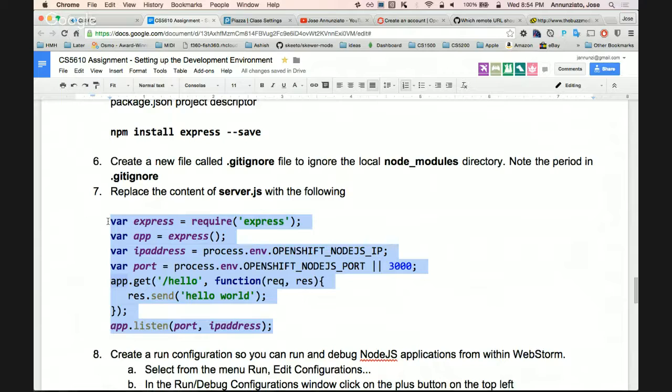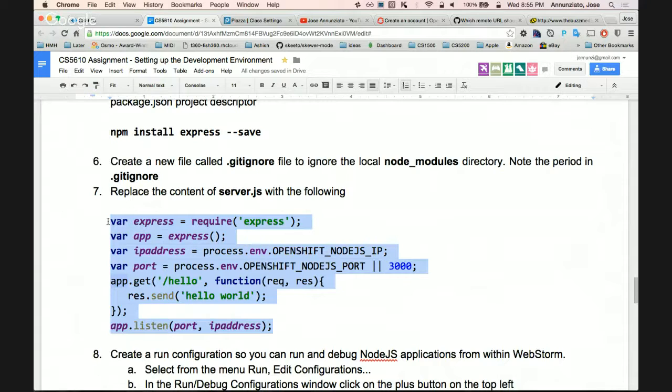Also, another thing here is that it's configured to work both locally on your machine and in the remote machine. The way it's configured to work remotely is because it's using these environment variables. It's running on their remote machines, using their own IP address and their own port number, not necessarily the same port number that we use. We don't know what those port numbers or IP addresses are, so they're made available to Node.js through these environment variables.